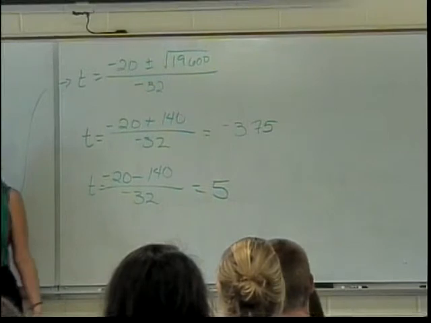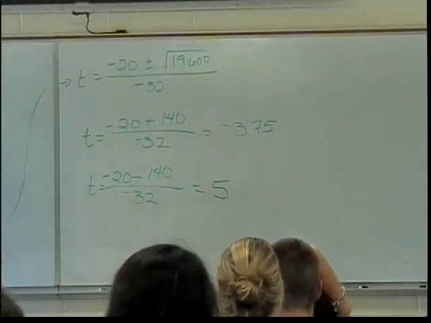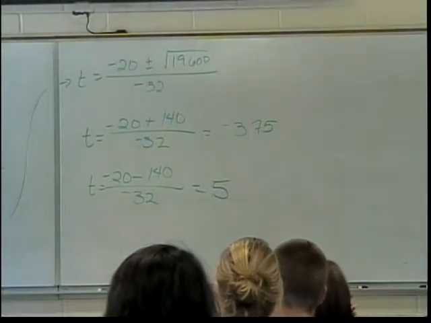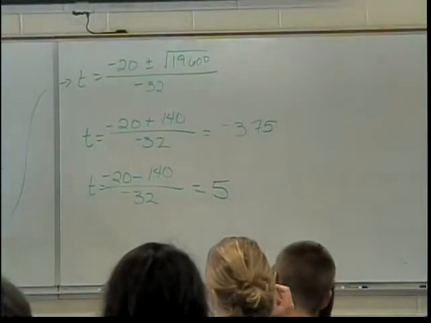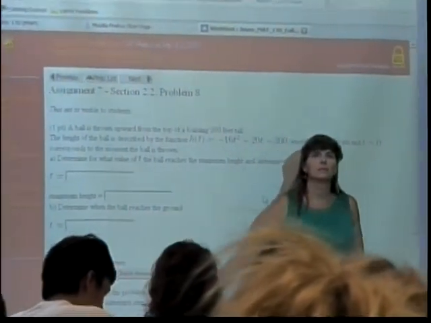So which one do I put in there? 5. So wait, t is 5. So t is 5 for when the ball reaches the ground. You just gotta figure out, and then you have to